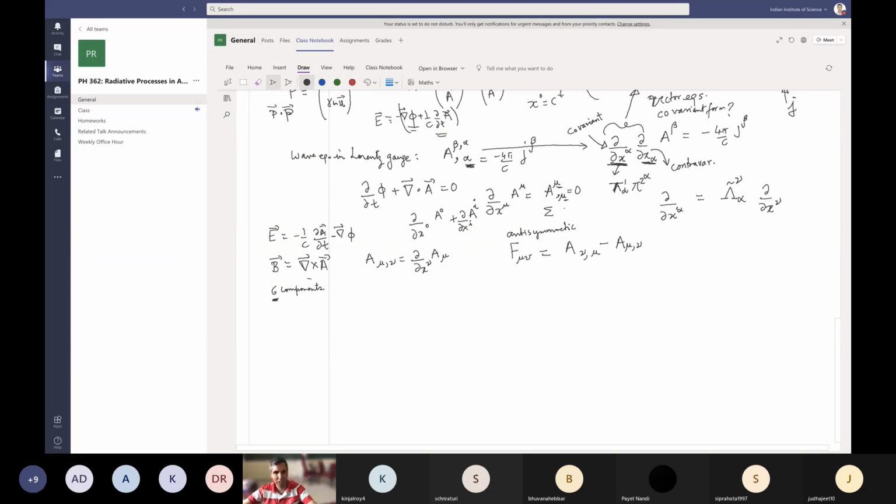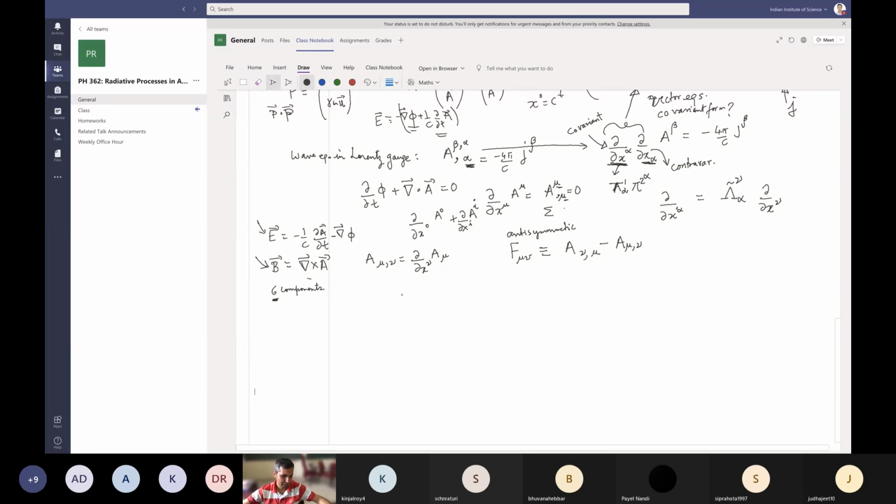This is antisymmetric because F nu mu is just the negative of F mu nu. So it turns out that you can write these equations for E and B